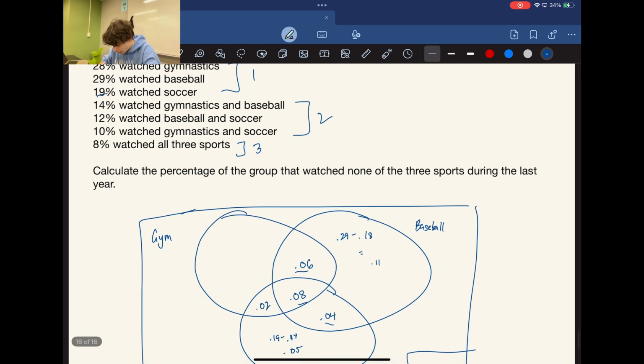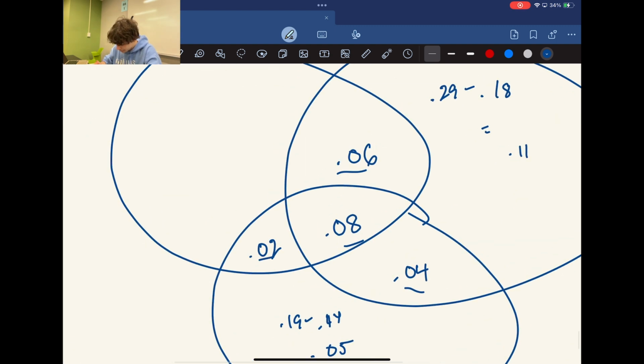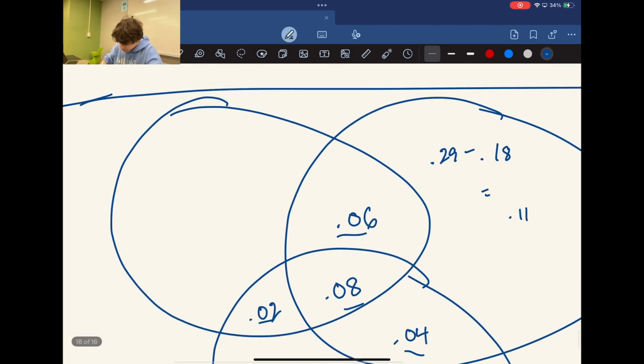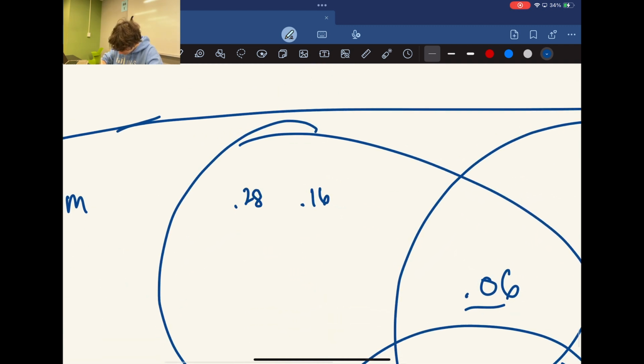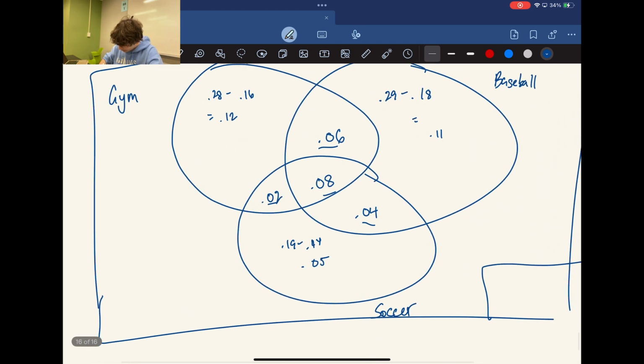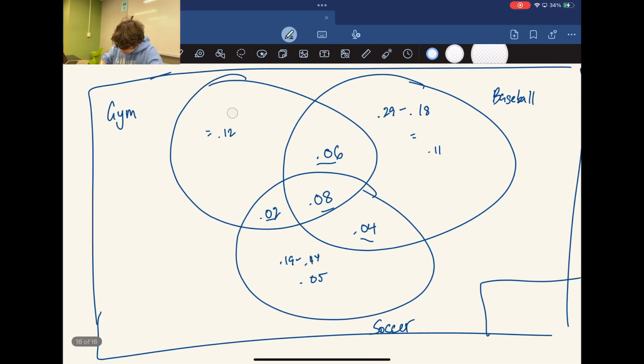So 20% watch just gymnastics, and we're going to have to subtract the rest of the values. So 0.06, 0.08, 0.02, we're going to have a 0.16, and then we're subtracting that from 0.28, getting 0.12. So I'm going to erase the math that it took to get there, so we have just the